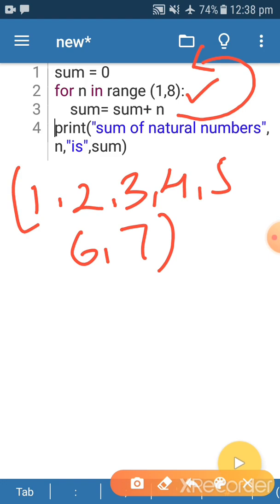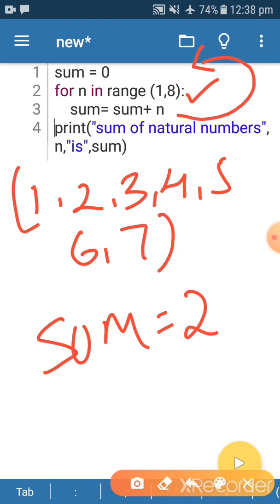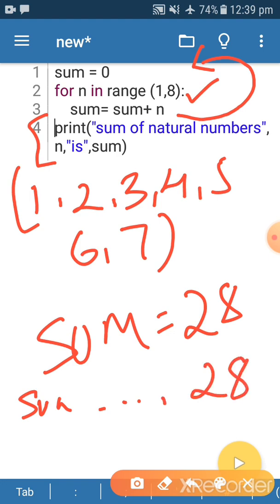After running 7 times, your sum value becomes 28. After that, your for loop is going to be finished. Now your cursor is outside the for. After that, this print function is going to print, and it will print the sum of natural numbers is 28. So in one line, it will show you the output.